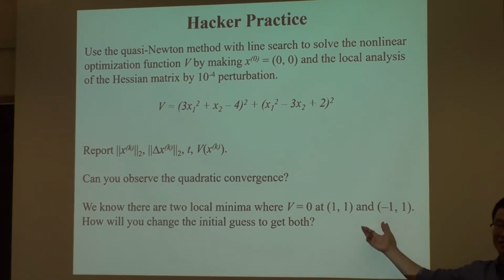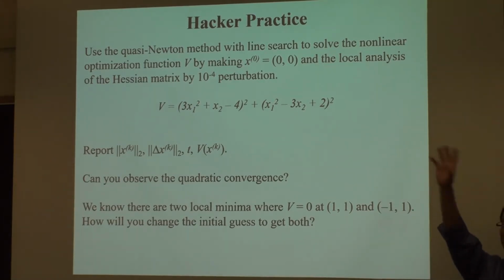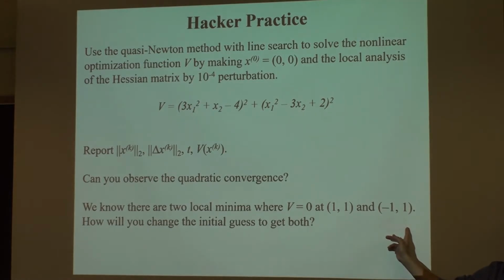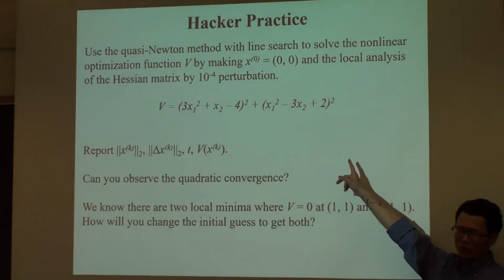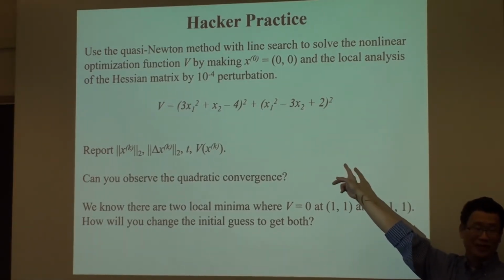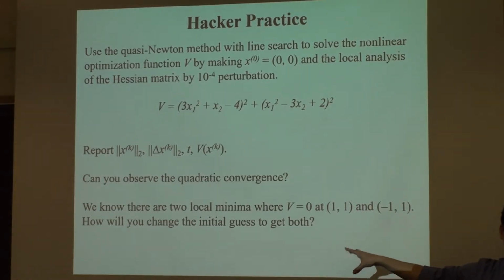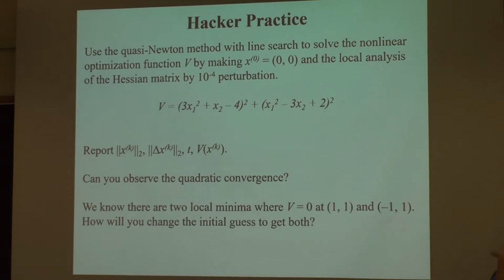So this is almost like that, but a bit more optimal. You can try different initial guesses and see which of the two points it falls to. This is a very well-behaved positive definite function, so you will fall into one of the two. So try different initial guesses falling into different optimal points.